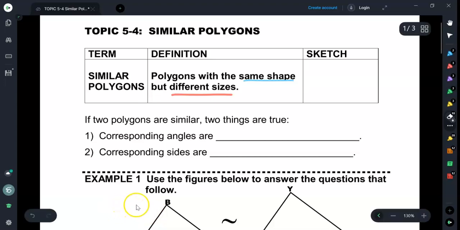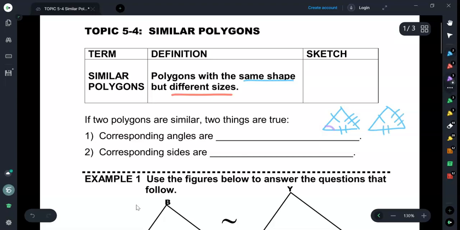When we talk about similarity, similarity incorporates polygons that have the same shape, but they're different sizes. So when two polygons are congruent, congruent means that they're exactly the same. If you think back to congruent triangles, if I have two triangles here and all three sides match up